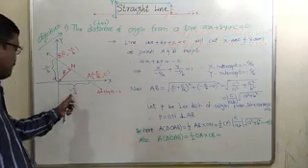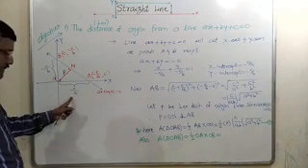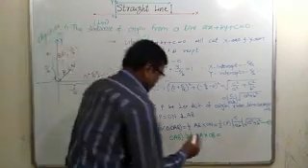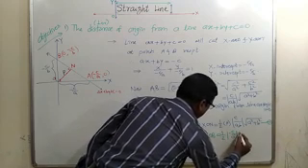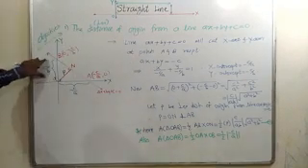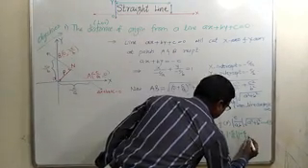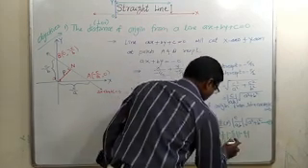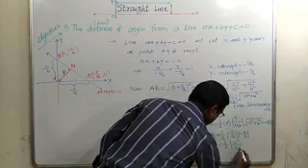So OA is the base, that is minus C upon A, but this is an intercept. We need OA as a length. So we have to convert this intercept into length, so we have to take the mod of minus C upon A, into OB, which is again a length, not a negative or positive intercept. So we will take the modulus of minus C upon B. So it is equal to 1/2 mod of C square upon AB.